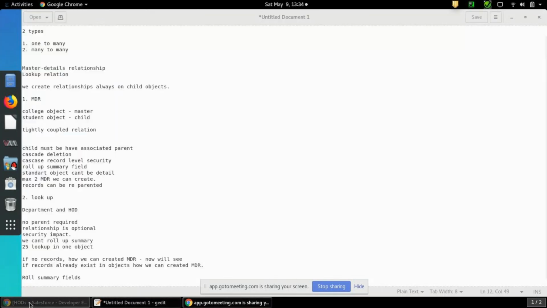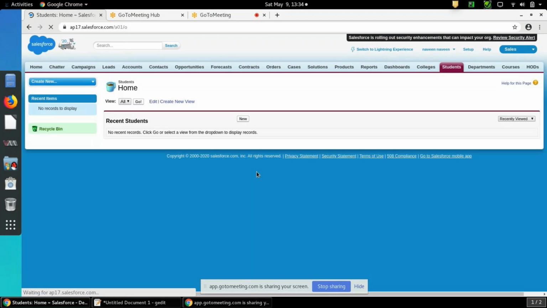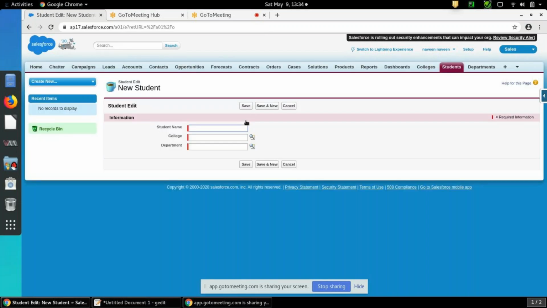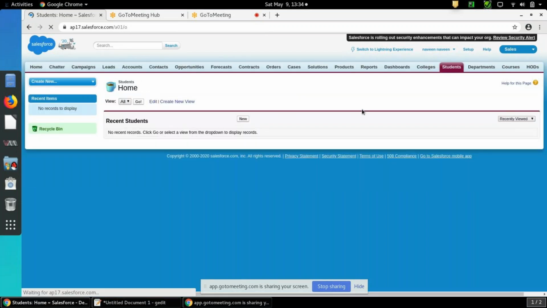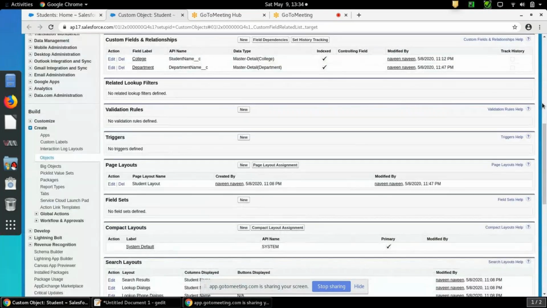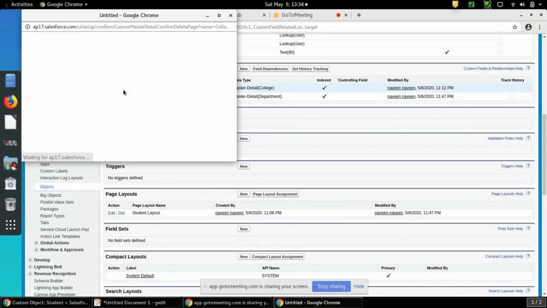So my master object is college and child is student. So I'll go to my student object, inside go to fields. I have a few already created, so I will delete them now.